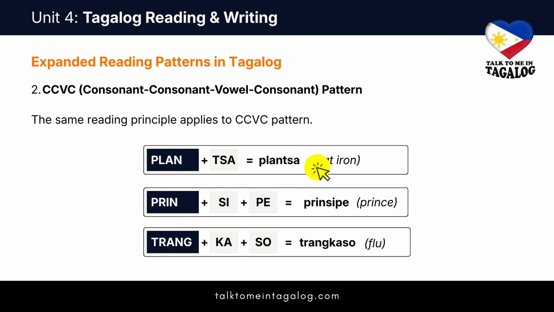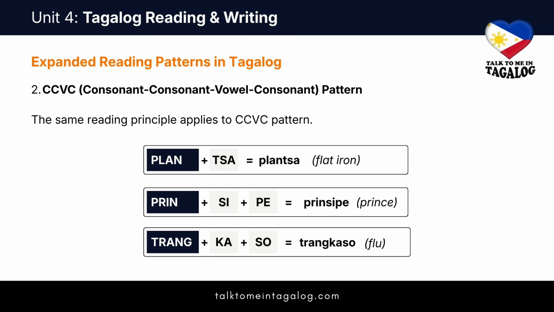The word plancha, meaning flat iron. First syllable plan consists of consonant cluster PL plus vowel A plus consonant N, and the second syllable cha, which is a single consonant cluster with TS plus vowel A. Read it as plancha, plancha. The same goes for príncipe, meaning prince. First syllable, prin, consonant cluster PR plus vowel E plus consonant N, and the syllables C and pe. You have to read it as príncipe,